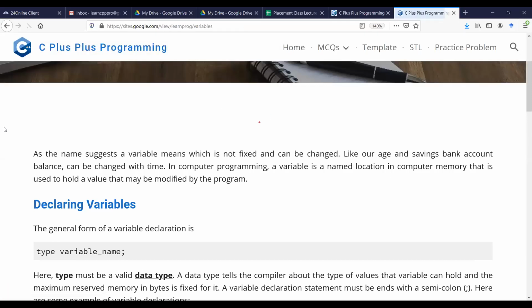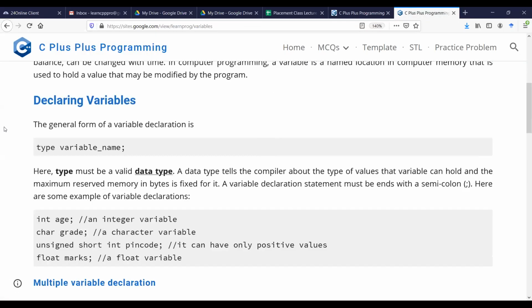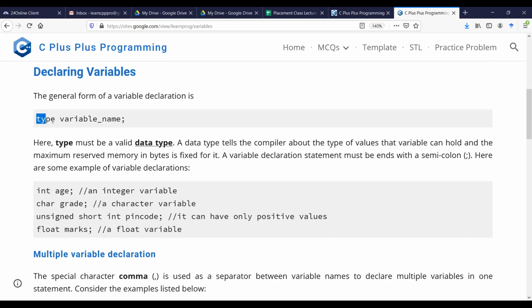Okay, so this is the syntax that we should follow. A type means data type. I just discussed what are the various basic data types C and C++ support, and a name of the variable. This statement must end with a semicolon. So go back to our demonstration part now.